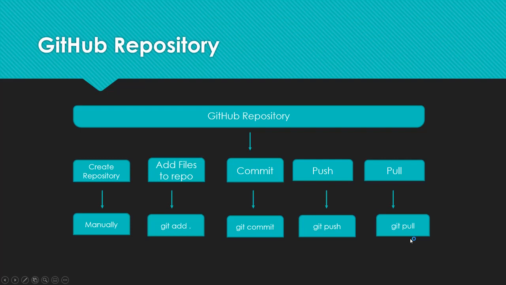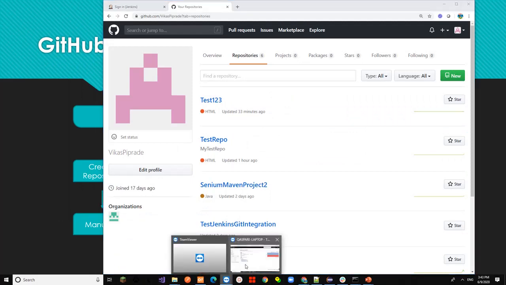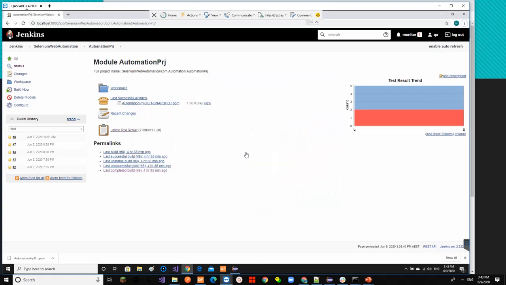So to give a short demo of this, I will use some dummy files, and then finally we'll try to push all our automation code which is in our demo setup.